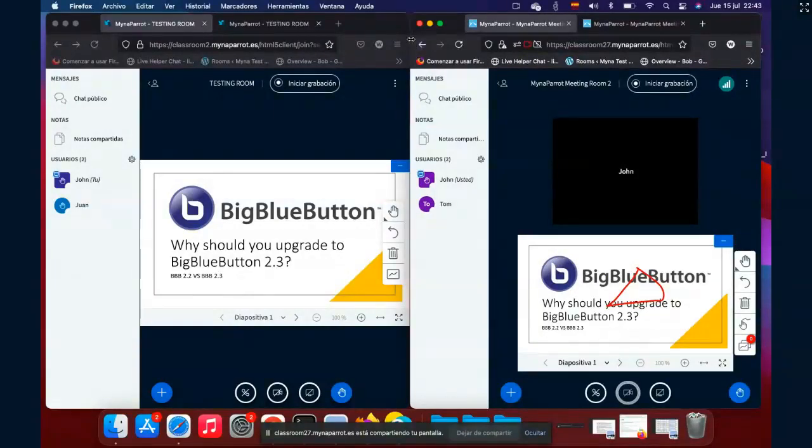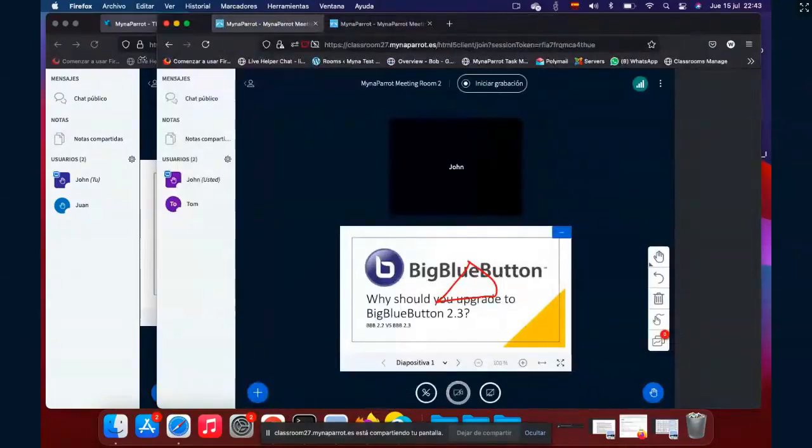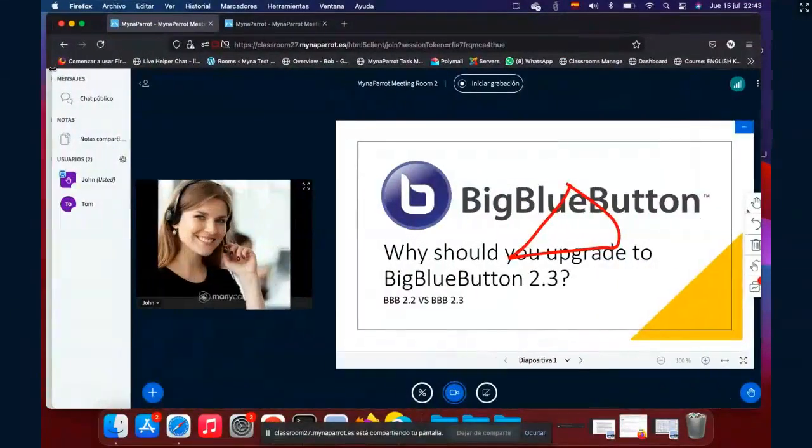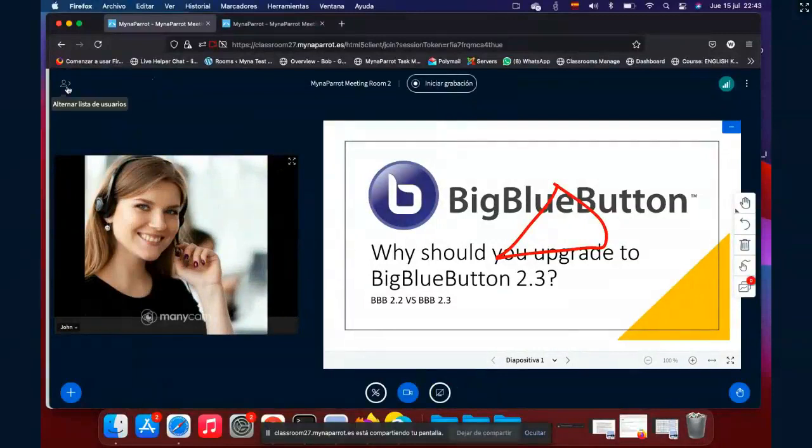So if I'm trying to show the 2.3, I just make it bigger. Okay, this is now 2.3, and this feature is not in the other version. What I'm trying to show you is you can drag the camera here, or even if you change the layout of the room like this, it will display the camera here.